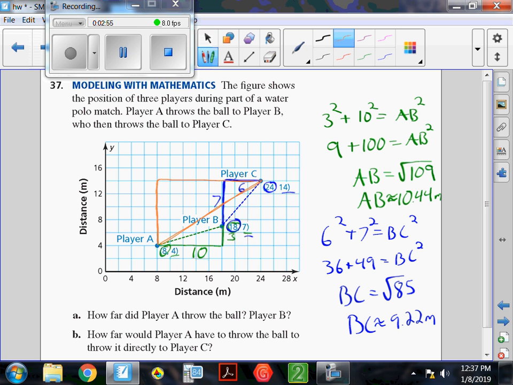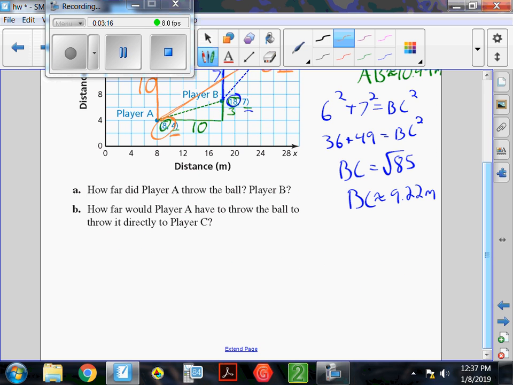Still going to use Pythagorean theorem to go from player A to player C. I went from 8 on my x to 24 on my x. So that's 16 meters horizontally on this graph. And then from the y value of 4 to the y value of 14 is 10 meters vertically. So Pythagorean theorem with 10 and 16. 10 squared plus 16 squared equals AC squared from A to C. So that's 100 plus 256